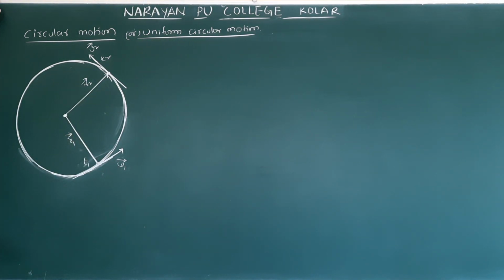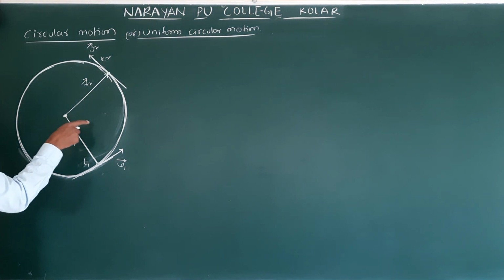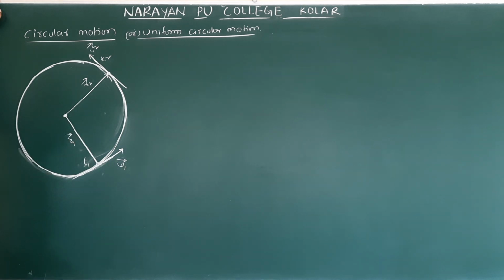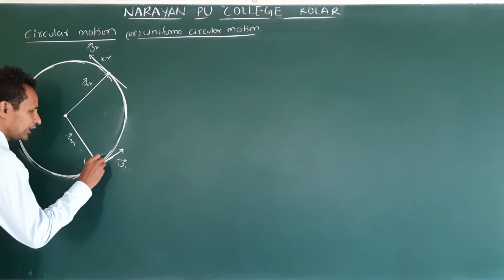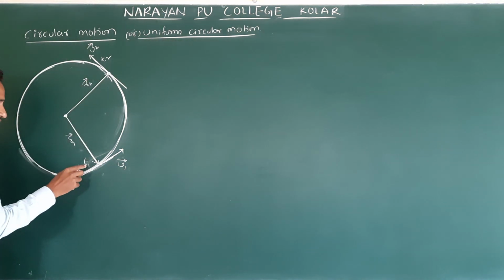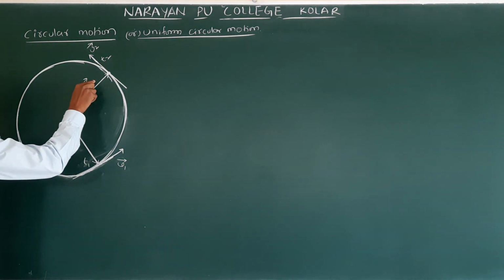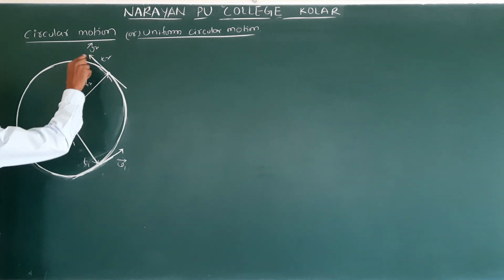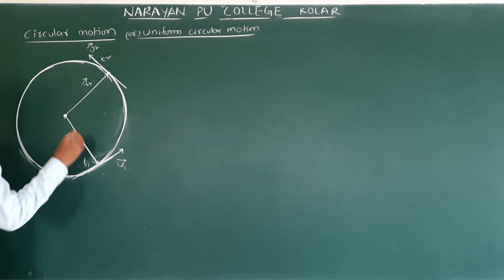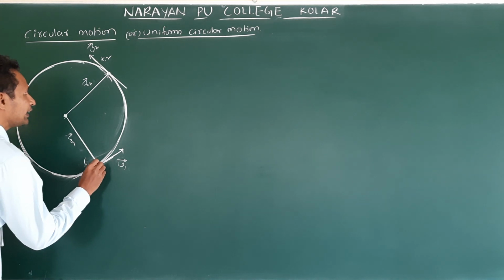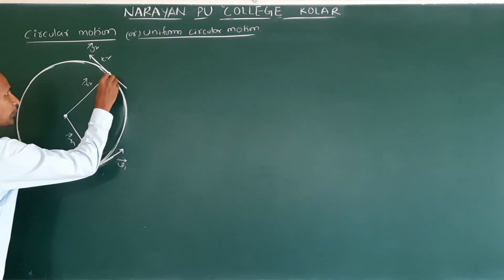That's why: an object moving around a fixed point in a circular path with constant speed, that motion is uniform circular motion. Clear? So this is the first position vector at t1. After some time the object is here. We specify the position vector, and we have seen the direction of velocity. Tail, head, and find the displacement. This is the displacement vector.